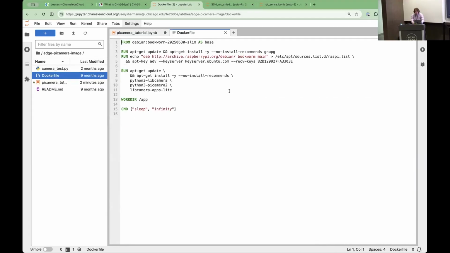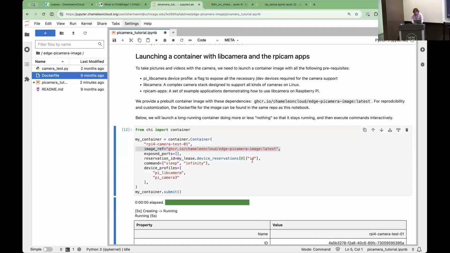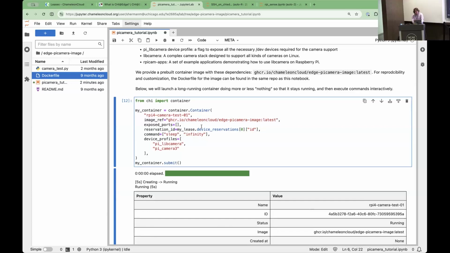But you can always build your own Docker image, either following this example or just using it as a base image. They're deliberately pretty minimal. And so what I'm doing here is I'm going to launch this container using this reservation. I'm telling it to sleep forever instead of running a command so that the container doesn't exit. This is another big difference between the container and the instance workflow: by default, containers really want us to use stateless containers, and we really don't want to. And so we're always railing against the cloud nativeness of the world here. So we're telling this to just run a shell and sleep forever,